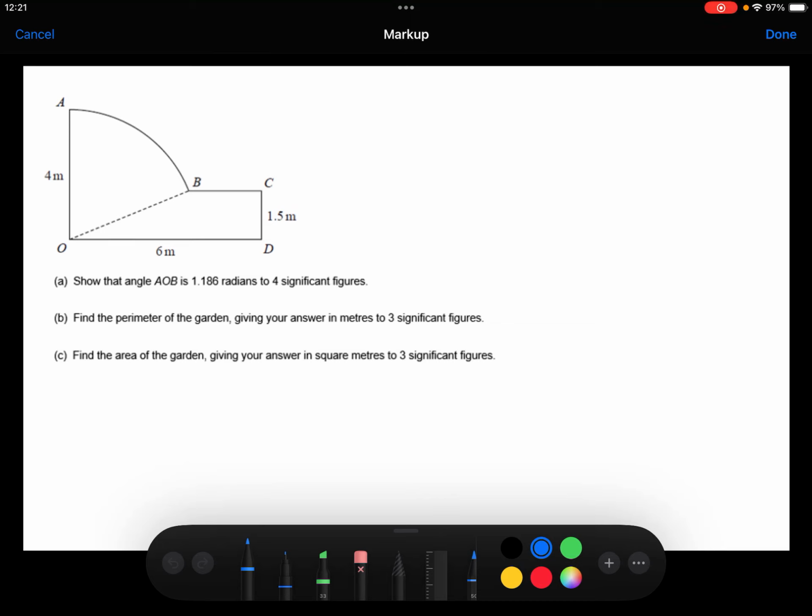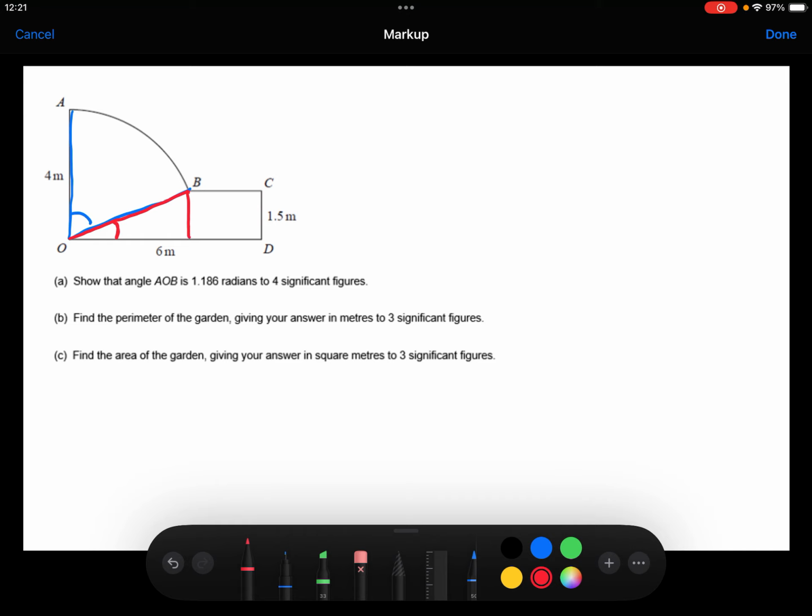We need to show that angle AOB, this angle here, is equal to 1.186 radians. The way I'm going to do this is I'm actually going to work out this angle. I can do that reasonably easily because